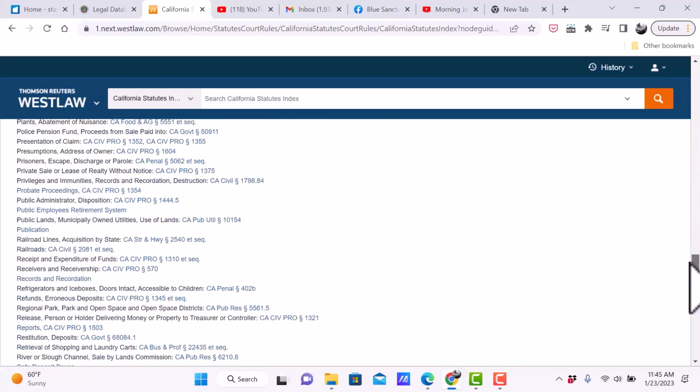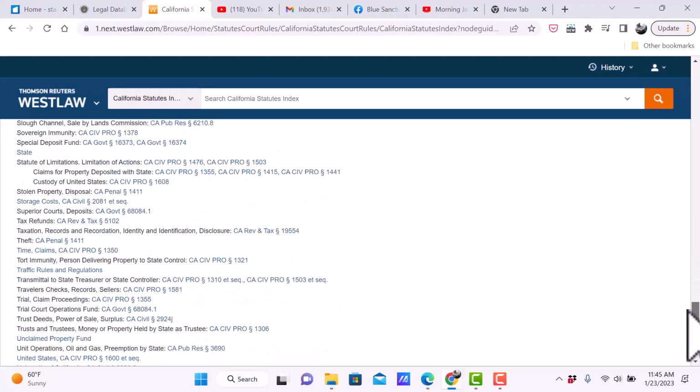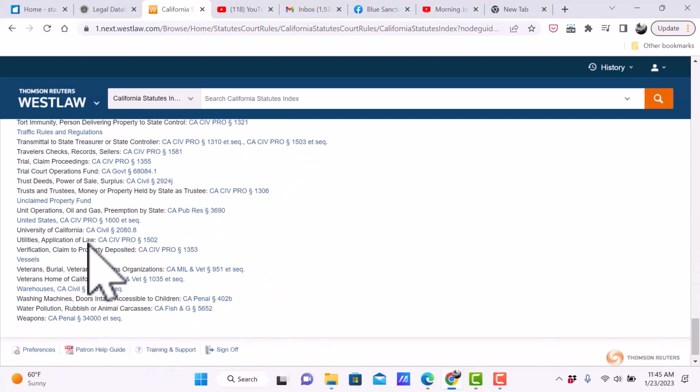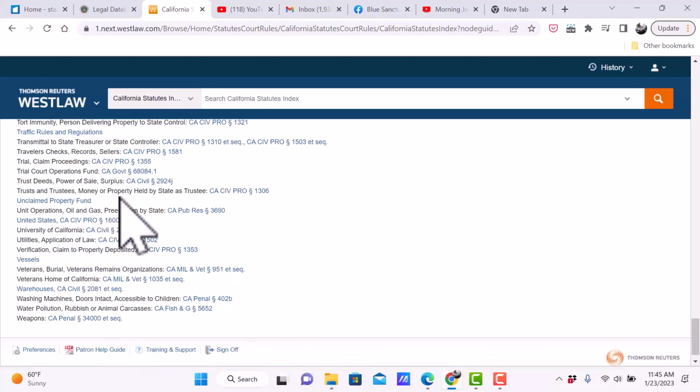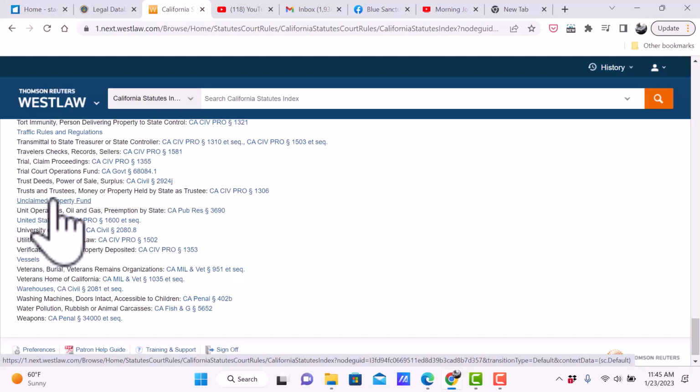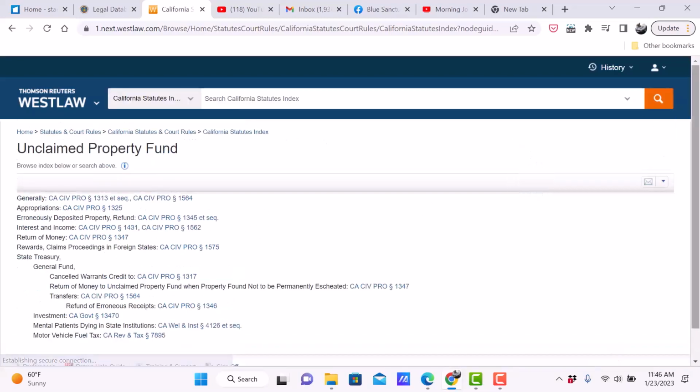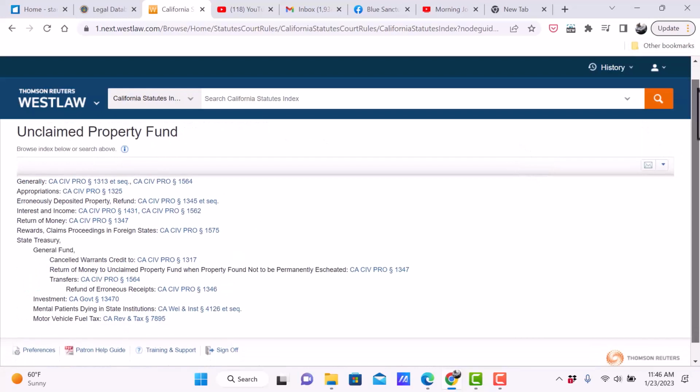till you get to the U's, and you see Unclaimed Property Fund, and you see there's no links next to it. This means that when you click on this, you will find more. So I open it up, and here is the list of the search terms under the Unclaimed Property Fund. So suppose you were interested in the unclaimed property of mental patients who died in a state institution. Here we go, State Treasury, mental patients dying in state institutions, and it gives me a link to the appropriate